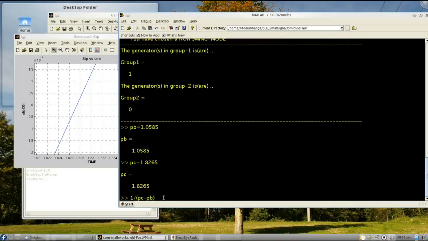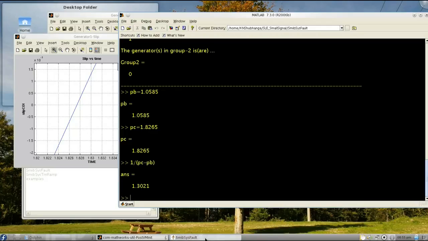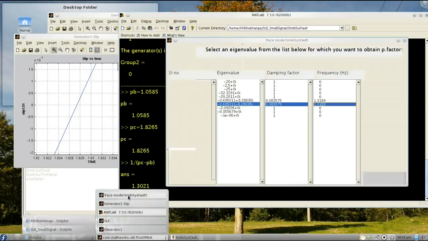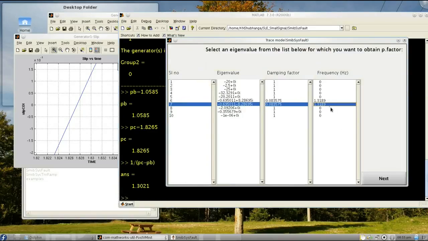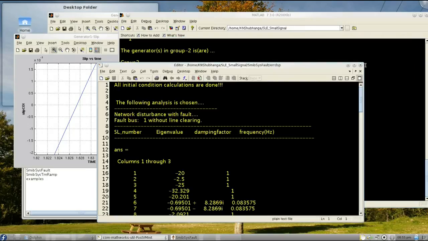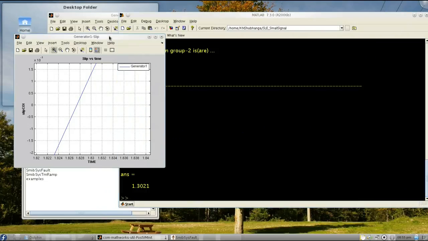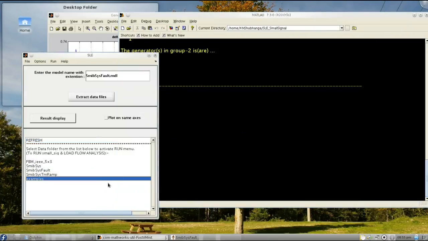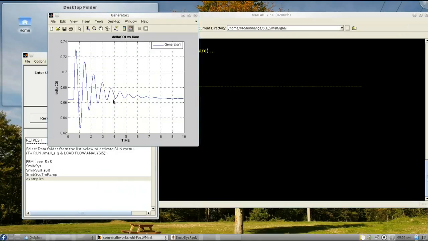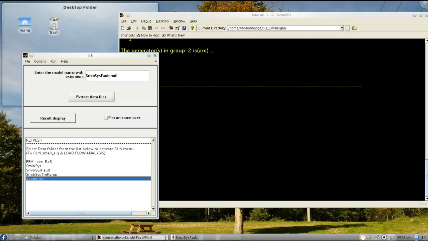Now calculating the frequency. So it's coming 1.3 Hertz, and from eigenvalue analysis it was also approximately 1.3 Hertz. So it ensures the participation of that eigenvalue or mode in the slip and the rotor angle for generators during a perturbation. Here we have perturbed the system in terms of a fault of 0.01 seconds clearing time.